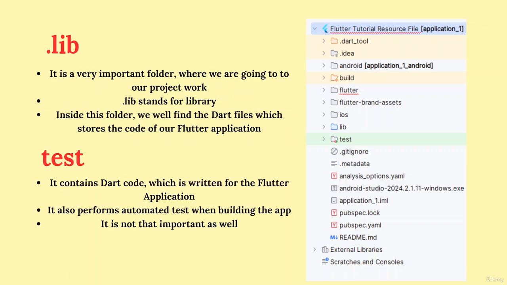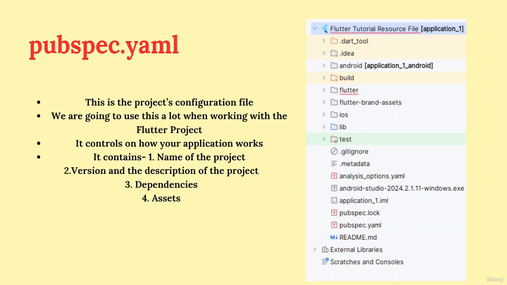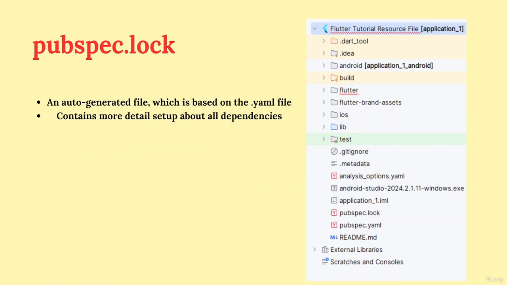We have learned how important the lib folder is, and that we are going to use it 99% of the time when working with the project panel. We have also learned about the test folder, the .gitignore file, the .metadata folder, the pubspec.yaml, and lastly the